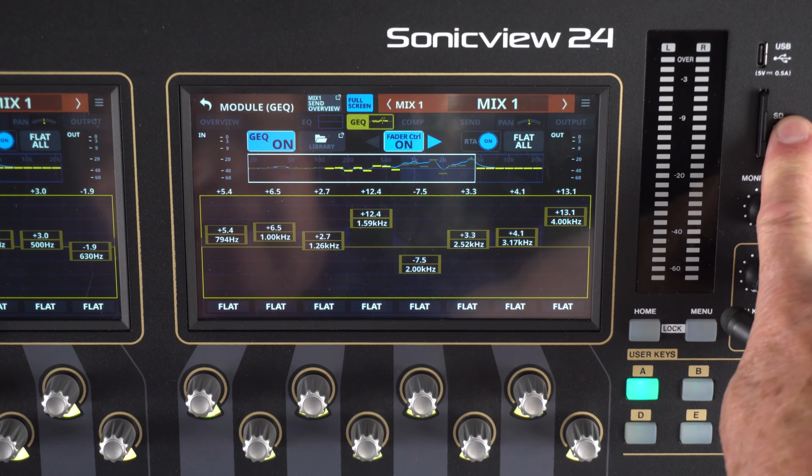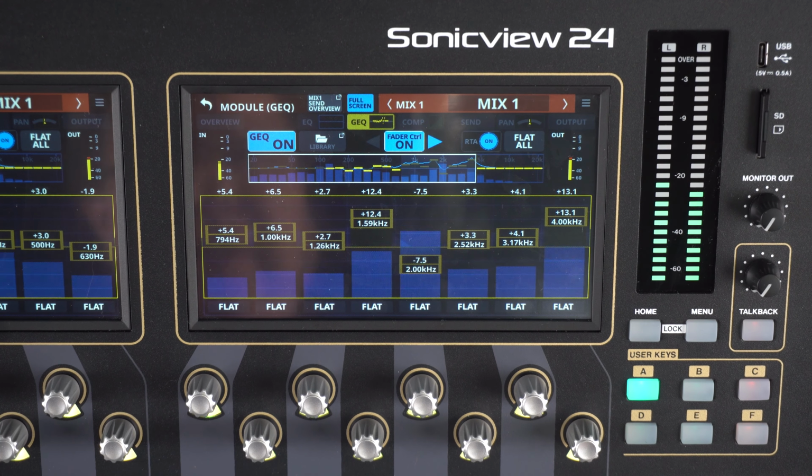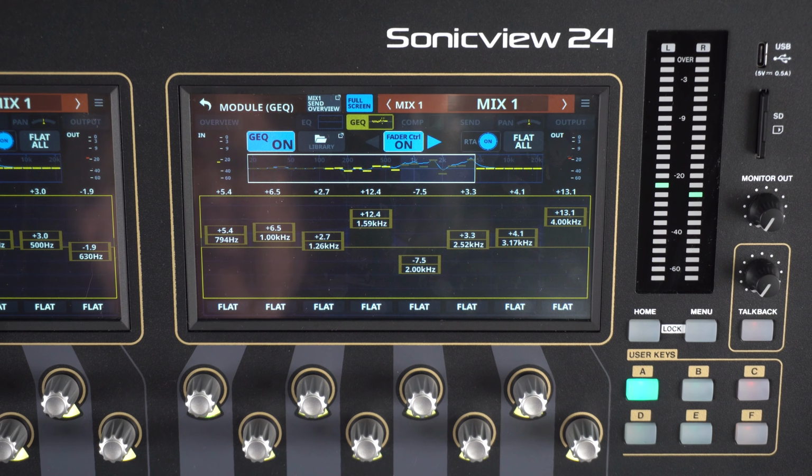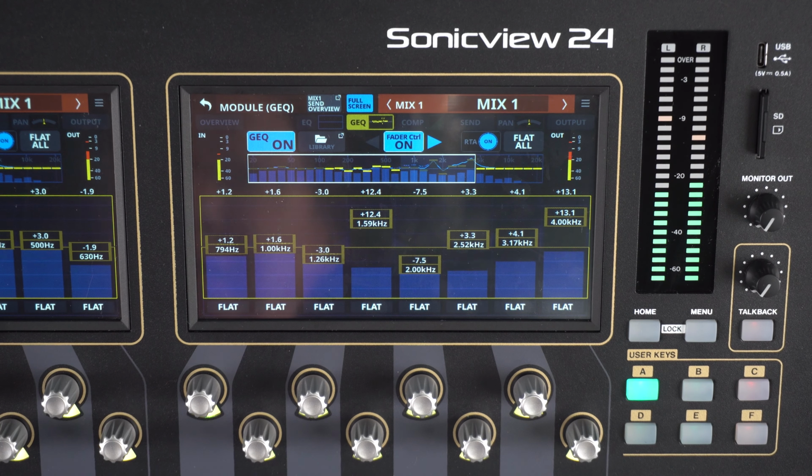And I've got some material on my internal SD card. I've got a user key set up, which is going to hit play, and then you can see the RTA real time. So it's going to spread across all of the bands as a super RTA on all of the screens. And you can see how that works.